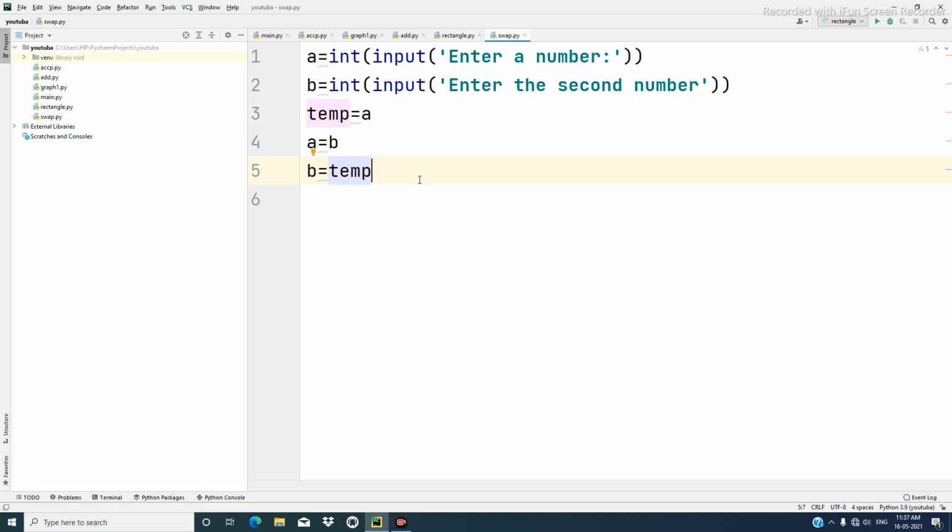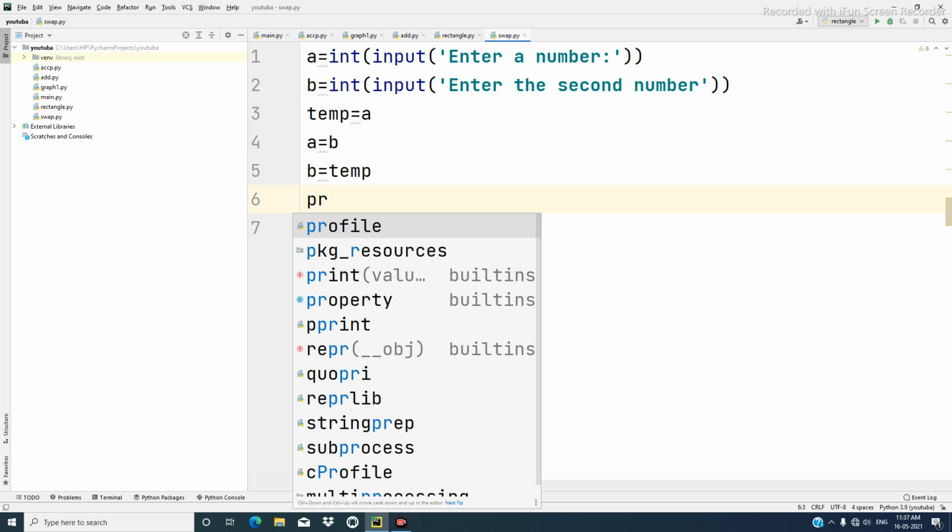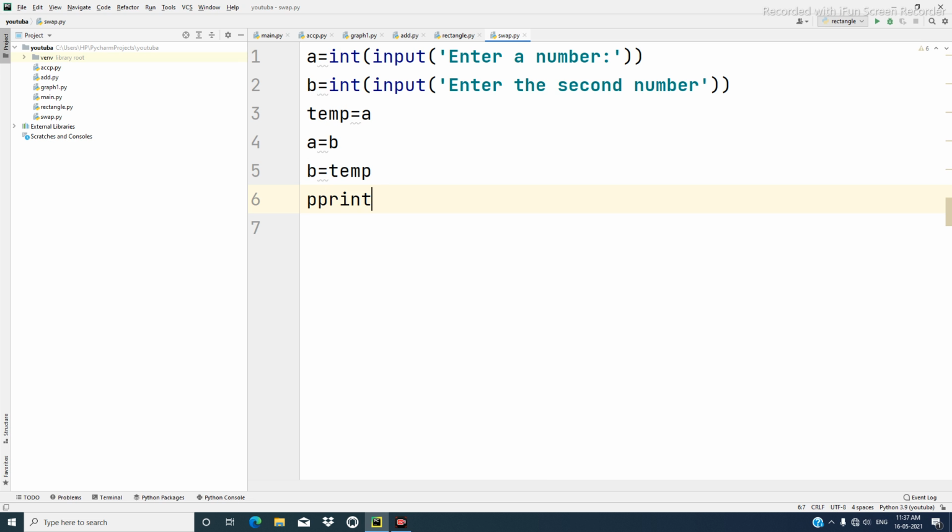After that, we have to write the output statement. So let us see. So print, here also we'll have to give some message.